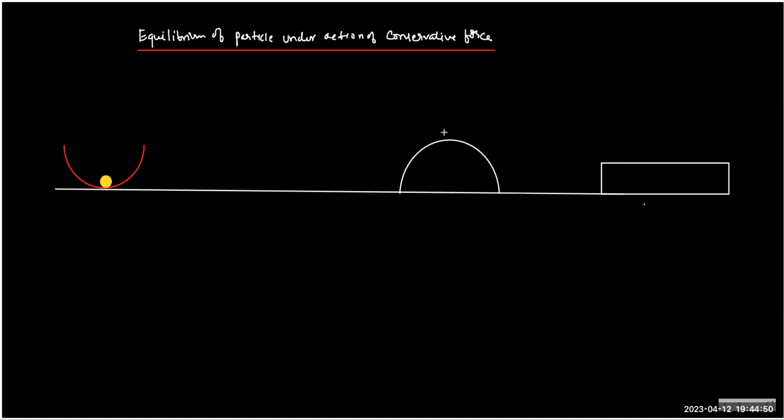Similarly, on this inverted wedge, the only point where it could be at rest is the topmost point. If you move it slightly left and right, it will start falling, right? But on a flat surface, it can be at rest anywhere, right? Yes. So the logic is, in the very first case,